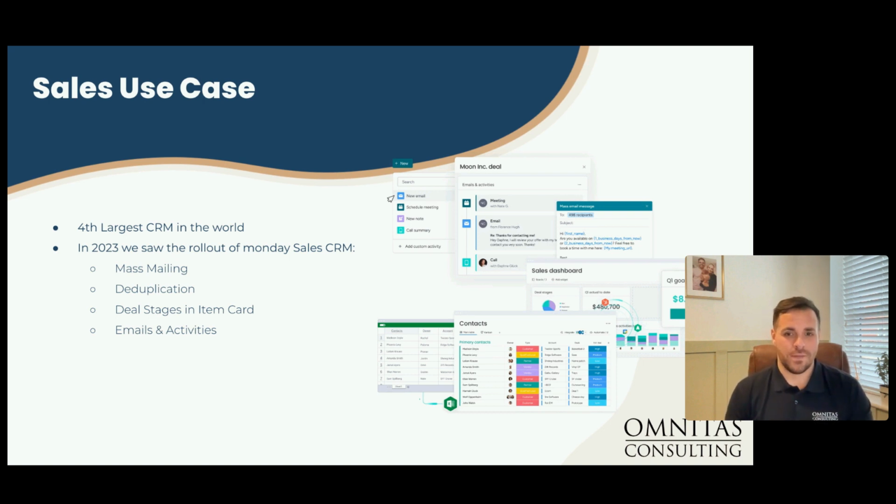They actually purchased Monday's CRM solely for the account management process piece, as they wanted to basically improve the customer handover process. Now, they already use Monday from a project management standpoint, and they have now introduced the CRM to connect with their sales team, who are using Salesforce at the moment, meaning basically when an opportunity is closed won, it will populate in their Monday CRM. And basically what this means is that the CSM or account manager, whoever that might be, will get all of the information, all of the notes, any data points that they need to put across into their own CRM,